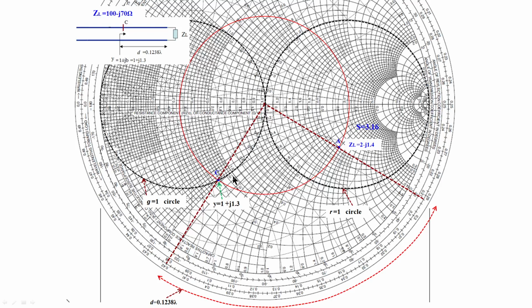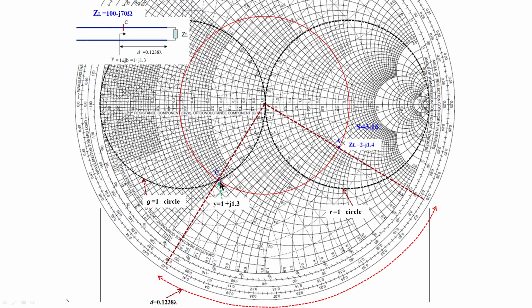So go on moving over the VSWR circle from the load, like this. Wherever this VSWR circle cuts the G equal to 1 circle, you stop. Automatically the G value is 1. Read the admittance at this position. The G we needed is 1, so automatically it is 1 here, and whatever the susceptance is here, it may be anything.